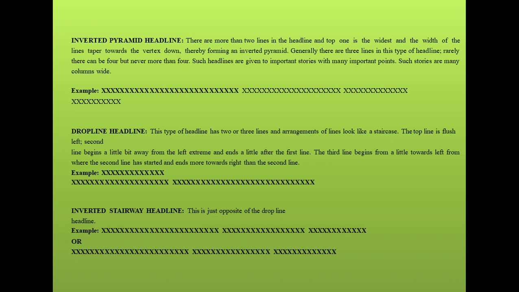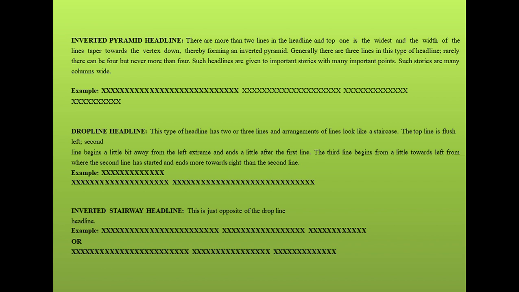There are more than two lines in this headline, and if we talk about the width of it, it is more vertical and narrow in comparison with the other headlines, therefore forming an inverted pyramid. Generally, there are three lines in this type of headline. Rarely there can be four, but never more than four. Such headlines are given to important stories with many important points. Such stories are